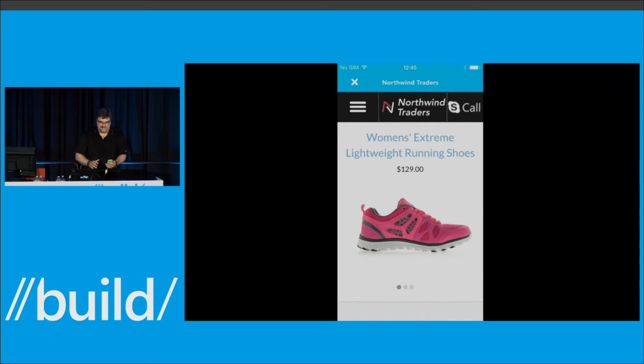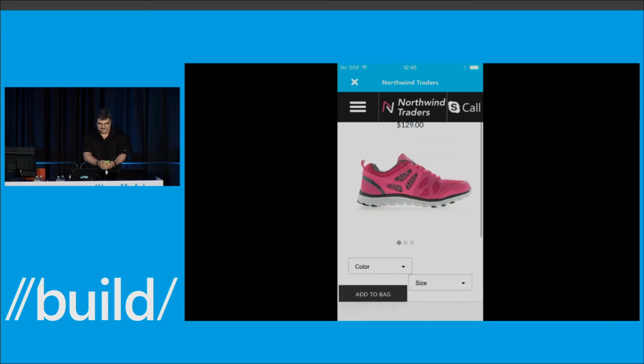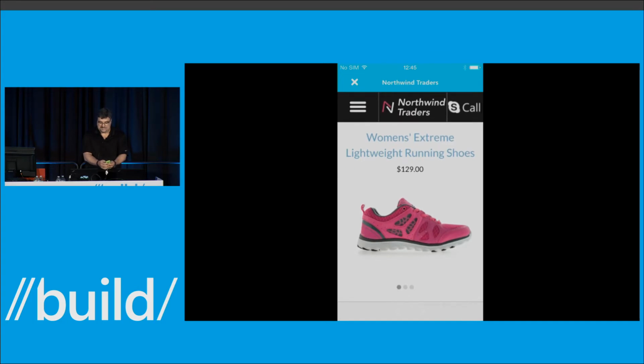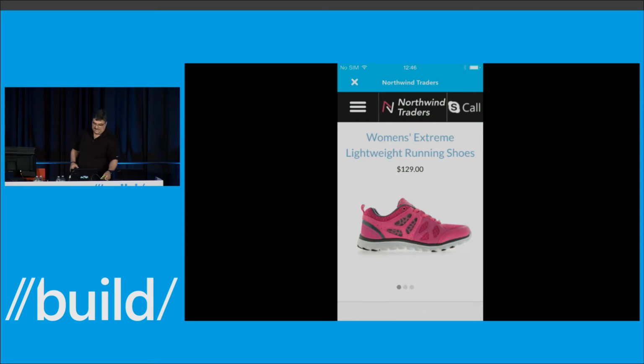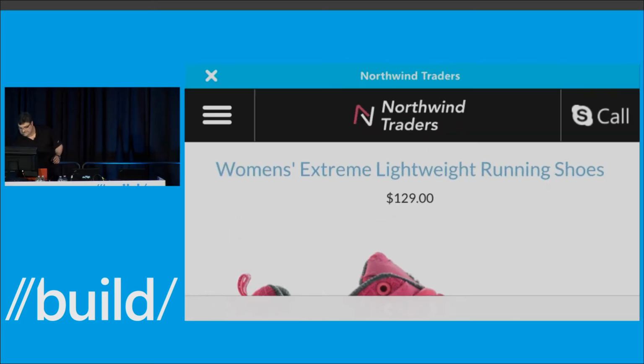And as part of that, when I navigate to it, you can see that I actually have a custom view. And inside of this custom view, I not only have the ability to see the shoe, but I actually have a call button. Now, in this call button, in the mobile site, this gives me the ability to make this call directly from here. And you notice that it allows me to call out directly to the client. There's a particular bug in this particular client, so I'm going to go past that. But to give you a sense of what that looks like for you as the developer, let me show you the same exact site